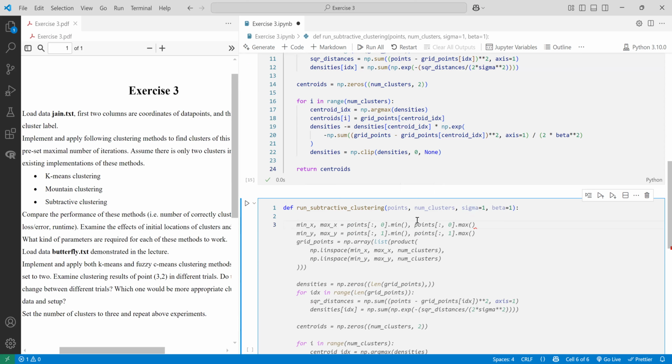So it gives each point a potential score that is based on how many other points are close to you. Then we find the data point with the highest potential score, and then we declare this point as